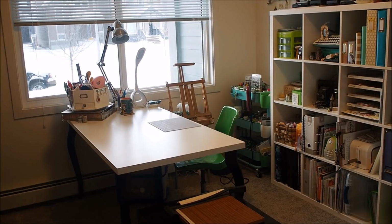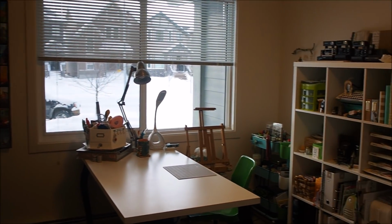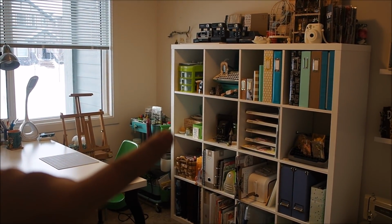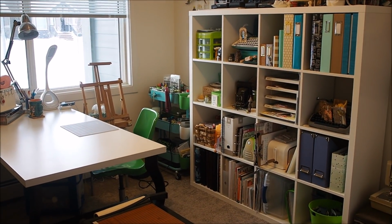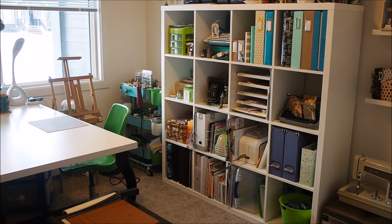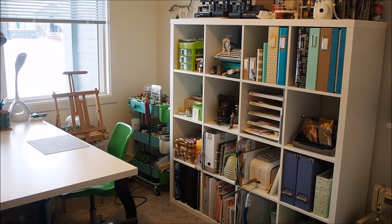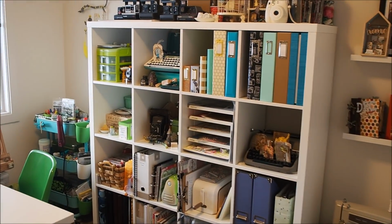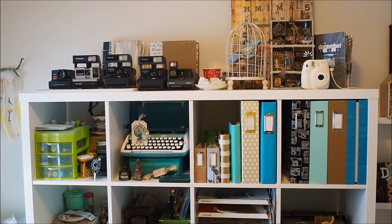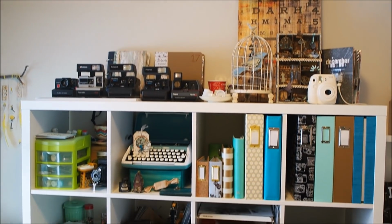So I did a quick tour of when I first moved in here, and I think the most immediate change you'll see from that is this shelf right here. It's the IKEA, I don't know what it's called, but it's definitely from IKEA, and I got the 4 cube by 4 cube one, and I love this. I just love how it looks and how my albums look on it. I love displaying things in it. I've got my cameras up top and a bit of artwork, and I've got